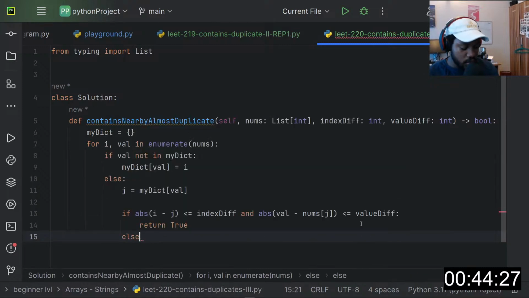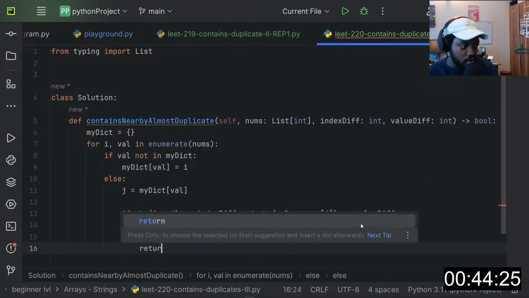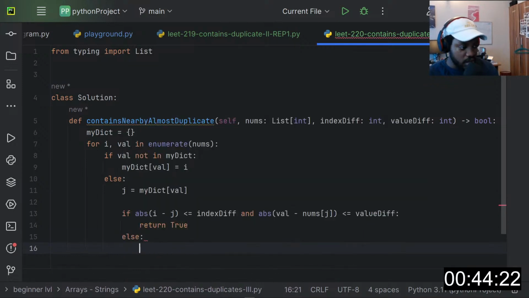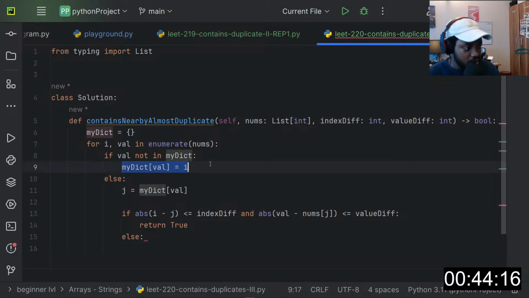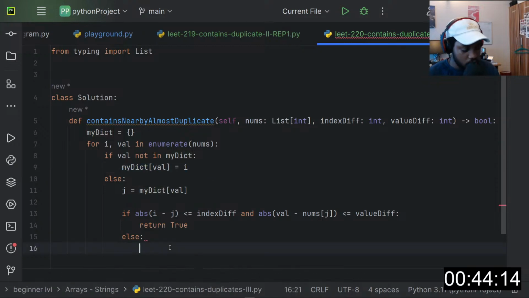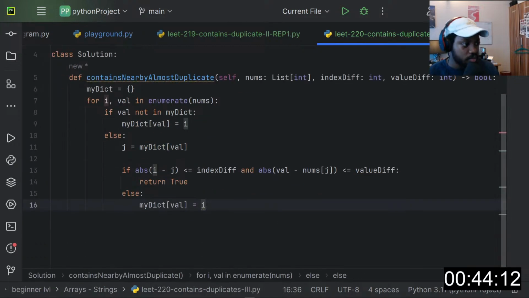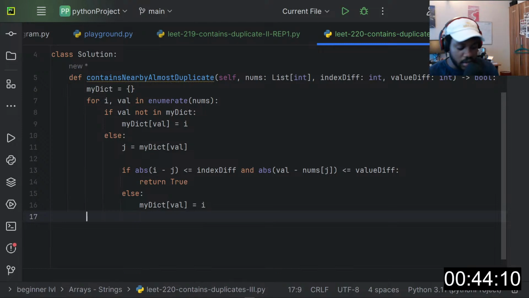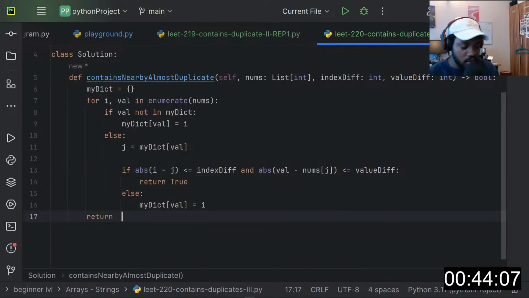Otherwise, else, we don't return anything yet. We can switch the position, the index, so we set this to the next index, where the duplicate is, and that's all we need to do. Otherwise, if we don't get anything, then this is false.